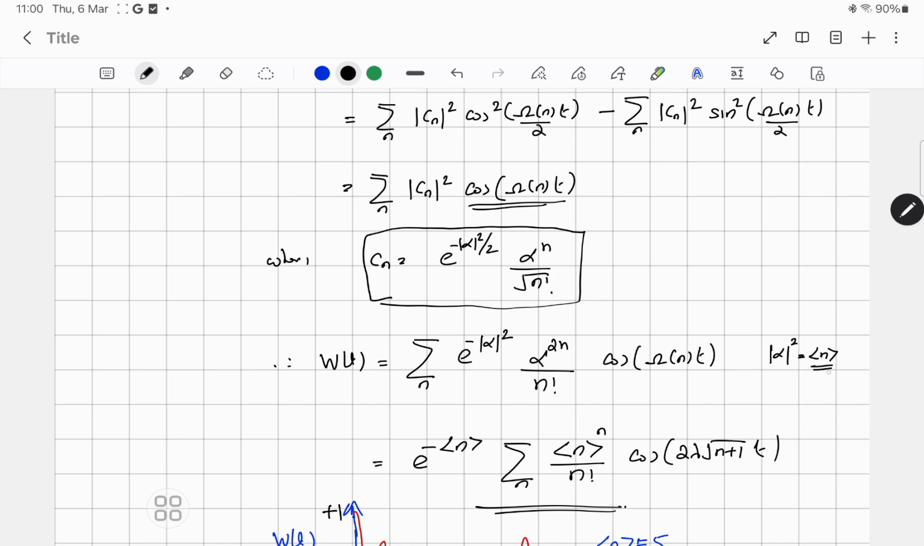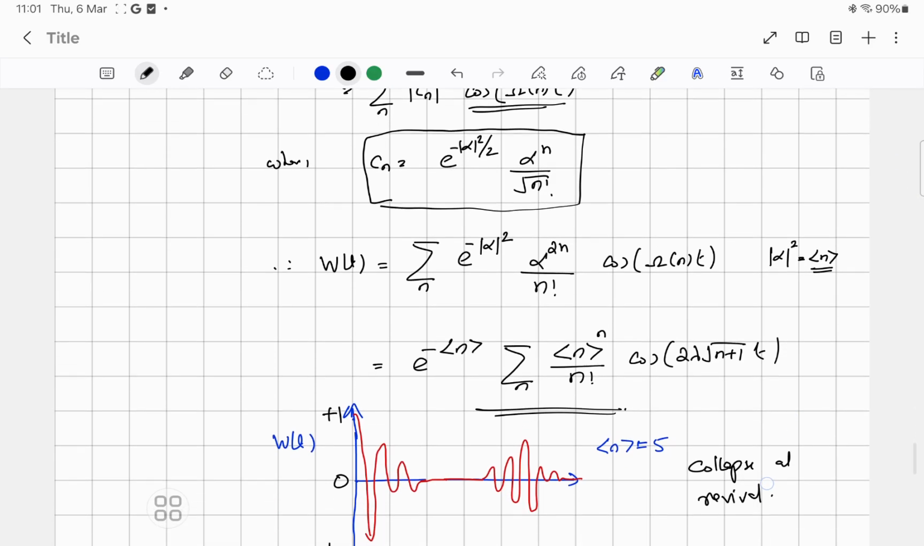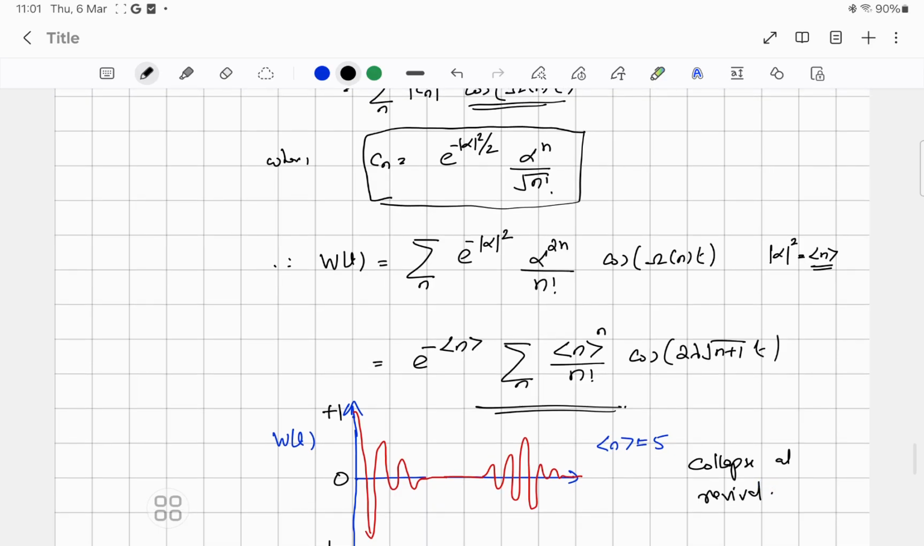this bracket n. So this becomes e raised to minus the expectation value of n, sum over n, the expectation value of n all raised to n by n factorial, cos of 2 lambda root n plus 1 into t. So recall for the coherent state, the photon distribution is a Poisson distribution, and using that expression I can write this. Now if you try to plot this W of t, it is not very easy